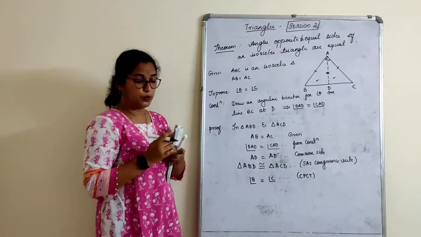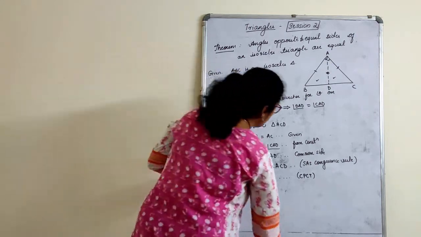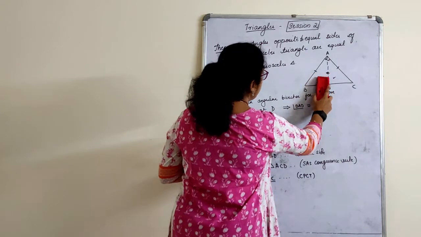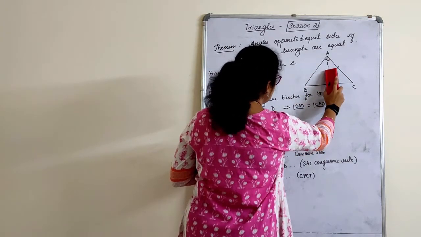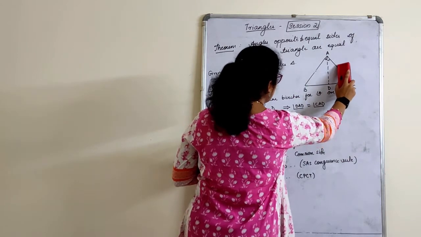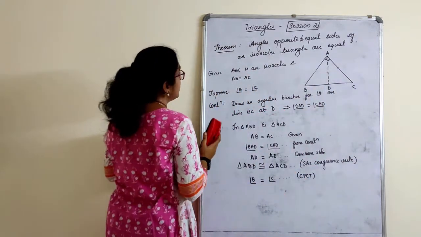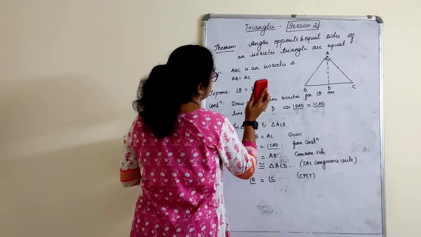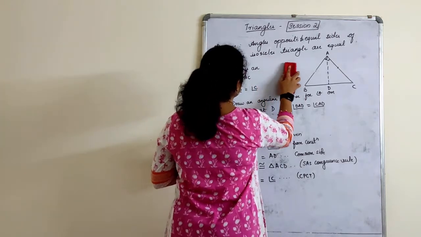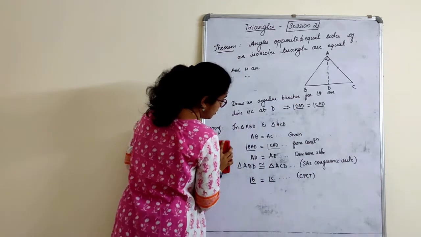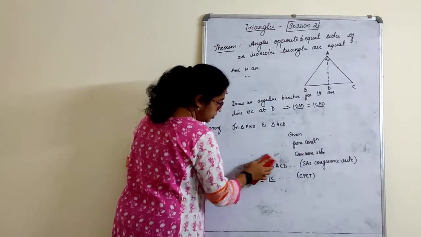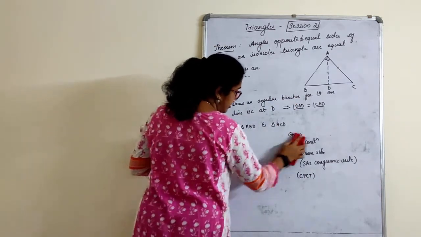Other way we have to prove it, right? So let us see how do we prove it the other way. What I will do is I just delete these markings what I have done. Let's take the same figure. Now but you have to rewrite it once again. I'll only rub what I do not want here, then the remaining I'll keep it as it is. You need to rewrite this theorem once again, children.